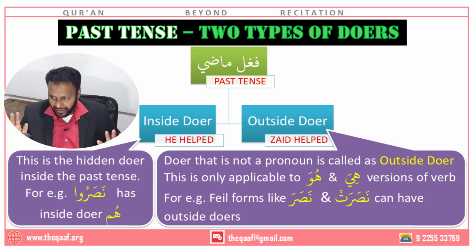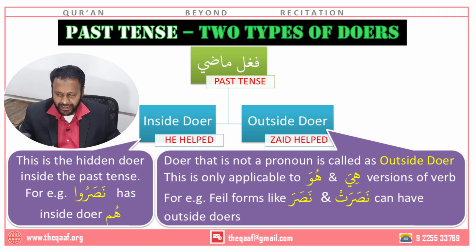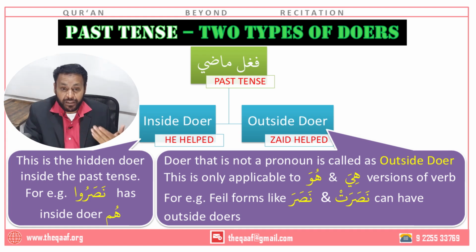You understand what I'm saying? When you have a huwa or hiya form of any verb, katalat, katala, these two are qualified. But if you say kataltu, no, it's not qualified. It's going to have an internal doer only. Translation will be with the pronoun, not with anything else. If you want anything else, use the huwa hiya version, and then you can have the outside doer. How to check it, we are going to see. But is this concept clear to everyone? Questions? Yes, sir. Okay, so let's see some examples so that it will become clearer.